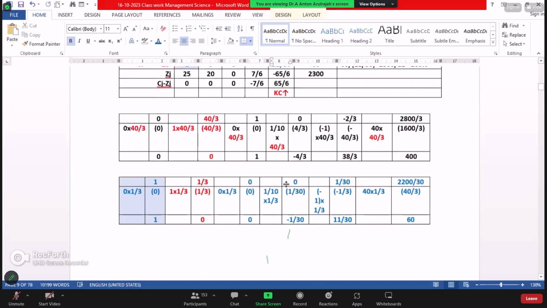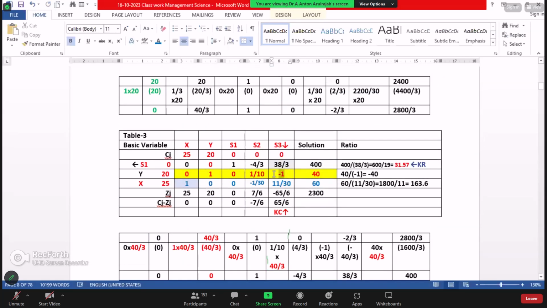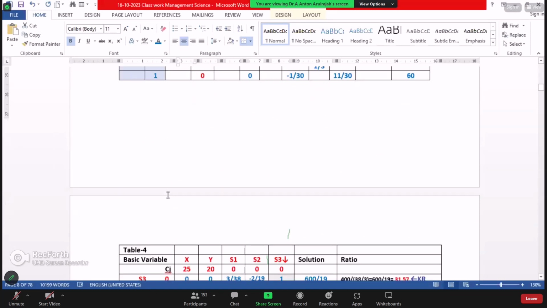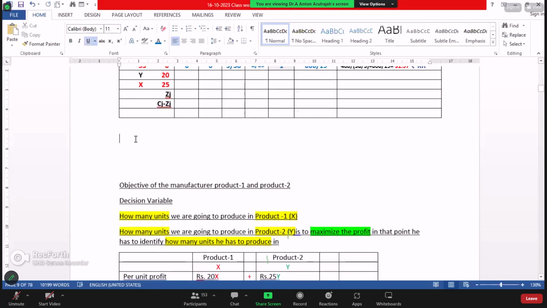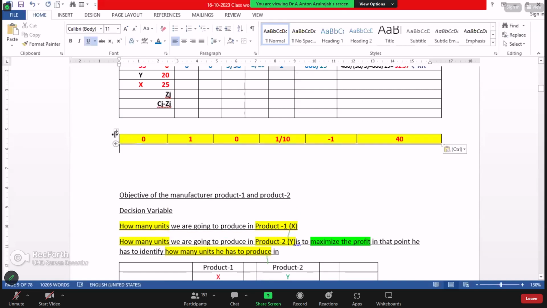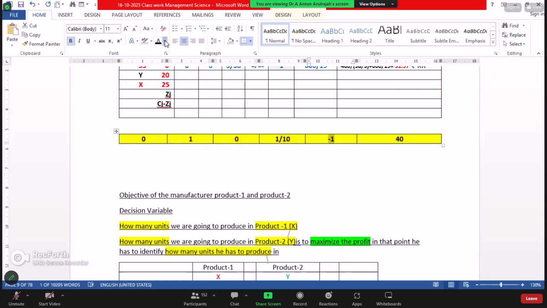So straight away, this minus 1 should be 0. This 11 by 30 by 0. So we have to do the calculations. So I copy this first one. So minus 1 to make it all this. It's minus 1. So therefore we have to